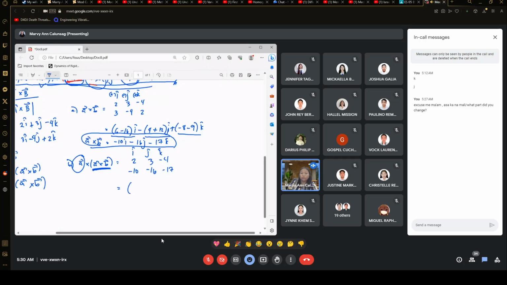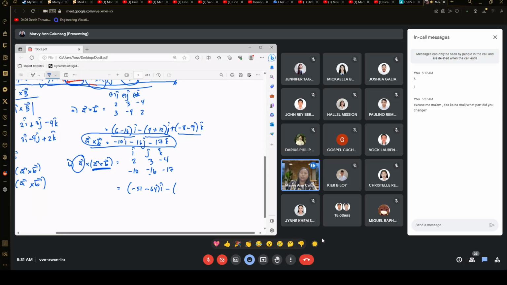So now, what is 3 times negative 17? 150... 51, negative 51. Always put the minus so you don't get confused with the sign. Then negative 16 times negative 4 is positive 64. Because negative times positive, we get negative 64. For the j component, we delete the elements under j and then proceed